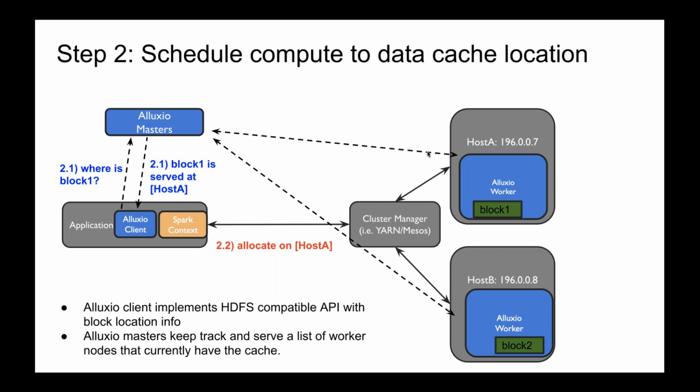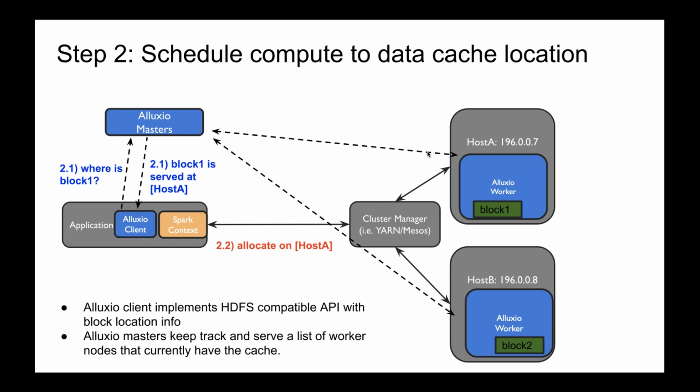So the Spark job, before it launches the allocated executors, can go to the Alluxio service, the Alluxio masters, to ask, okay, I want this file with certain blocks, and where are these blocks stored? Because in this case, we suggest Alluxio be co-located with the Spark nodes. And here, the Alluxio master may return to the Spark